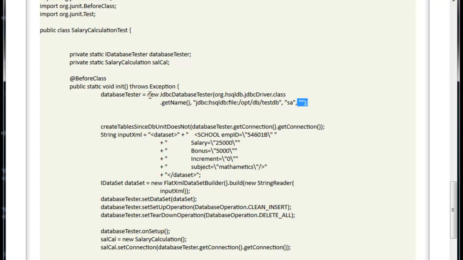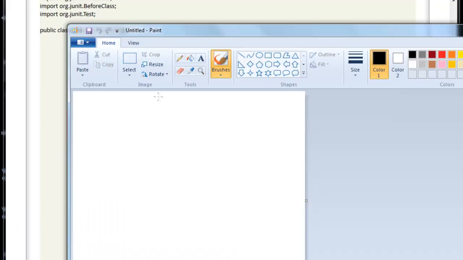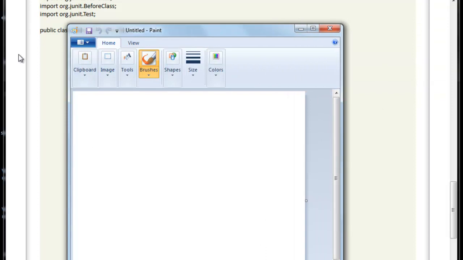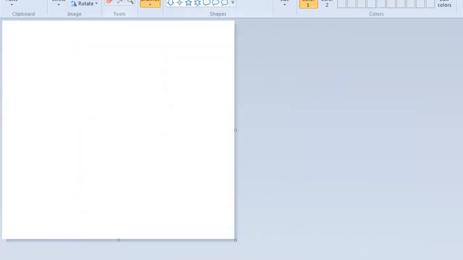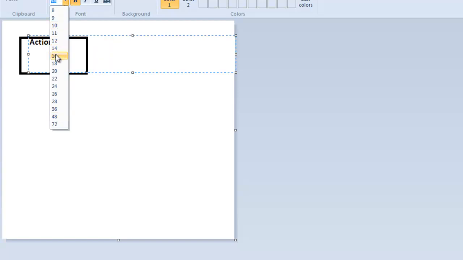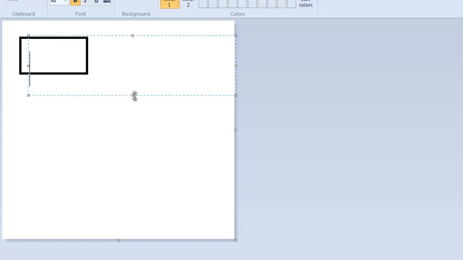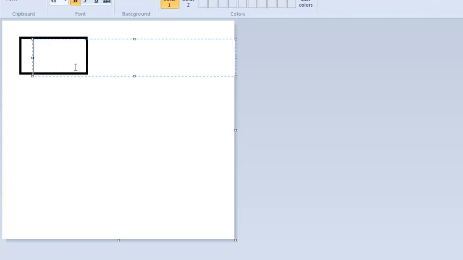For example, I have an action class. This is actually connecting to the front UI side. Next we have a service layer.